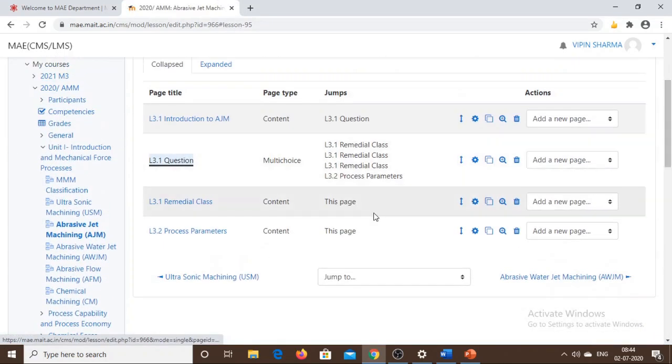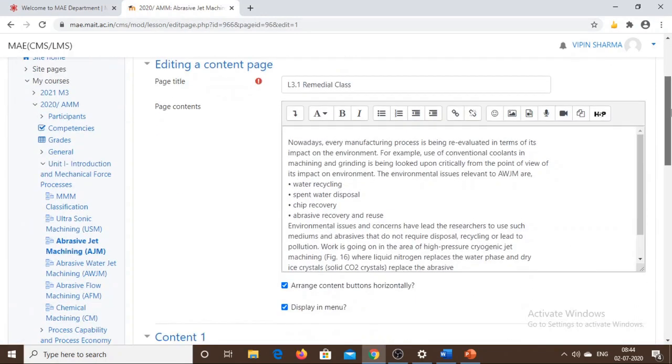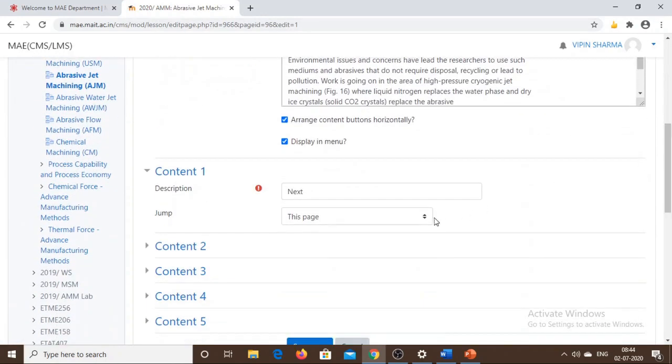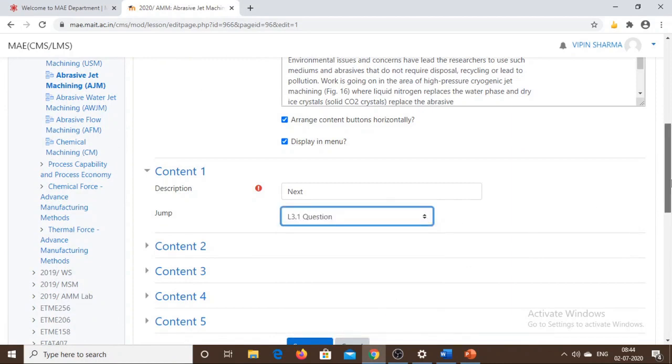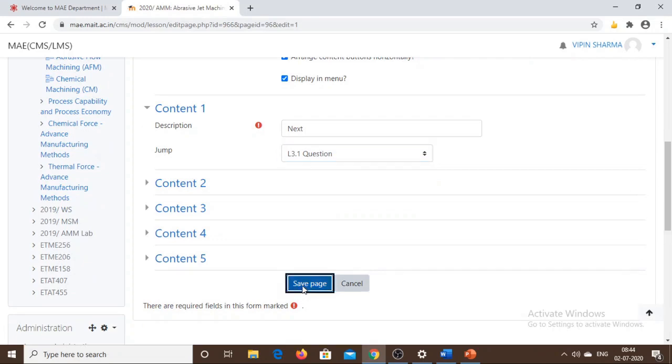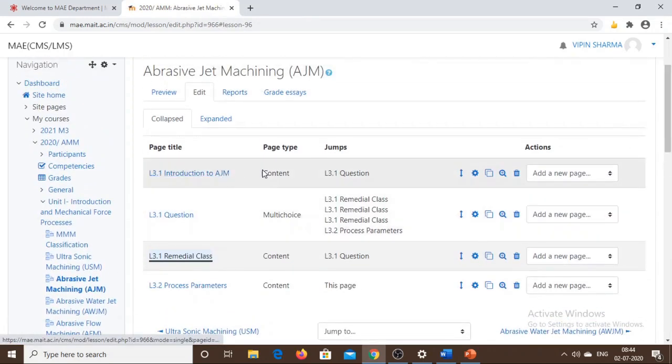Next is the remedial class. After attending the remedial class, the student should go to the 3.1 question page. So this is how this loop will work. First is the content. Then after going through this content, the student will jump to the question page. After attending this question, the student will choose among the 4 different options.